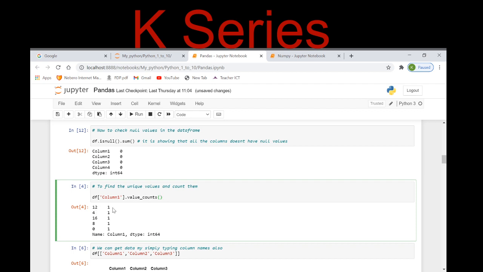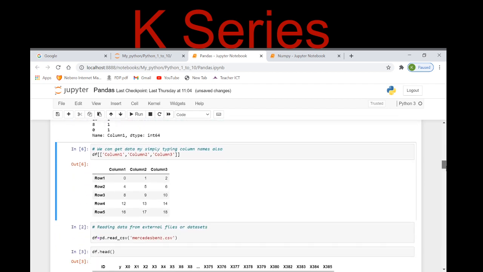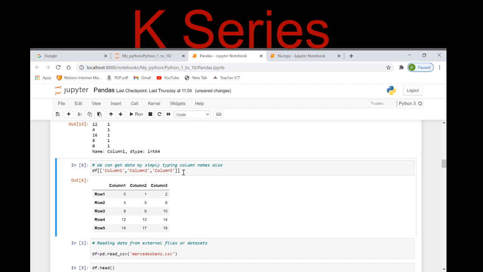It is giving me 12 value occurs one time, 4 value occurs one time, 16 value occurs one time, and so on. So when I execute it, it works in a simple way. Also, we can get data by simply typing column names. If we just type column names, it provides us the data. I'm executing it and you can see here, right?